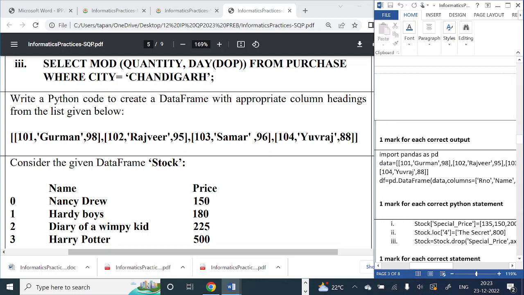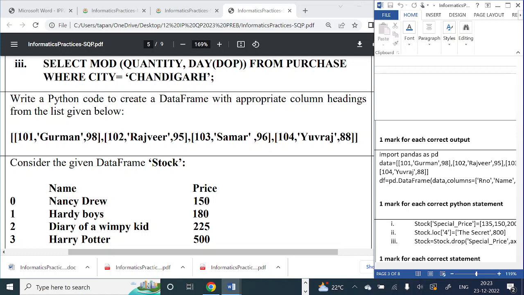Let us see, any column name you can give here. So here you can see df equals to pd dot DataFrame. First you will write import pandas as pd. It is a 3 marks question. You write the complete Python code to create a data frame. So import pandas as pd. Whenever any question is there to create a data frame, first line is import pandas as pd, all in small letter. Second line will be your data equals to whatever data will be given to you in the question paper,